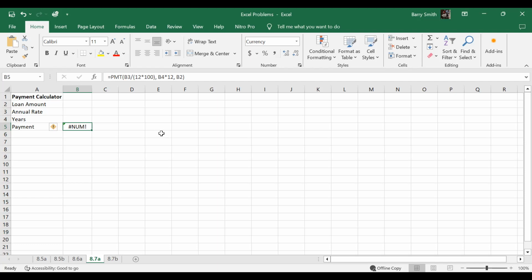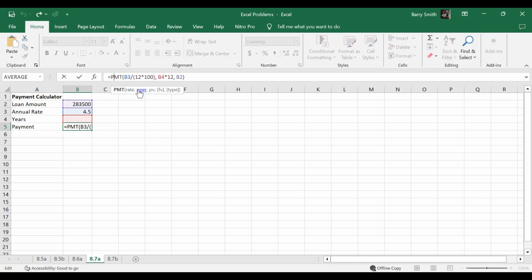Well, this time what we're going to do is for our annual rate, we're going to type in the actual number here. So that's going to be 4.5. And so we have to divide it by 100 here to get it to 0.045, and I have to divide it by 12 to get the rest of the formula. And then we need to have how much we made our loan for. So that was 283,500. And if we look on our formula here, our payment is going to be the rate, the number of times per year,